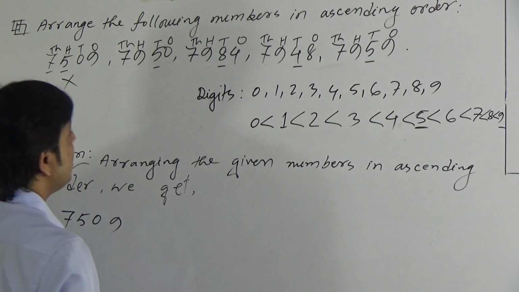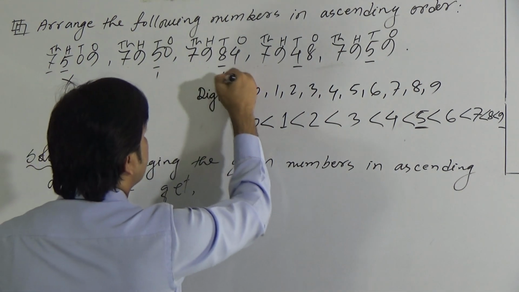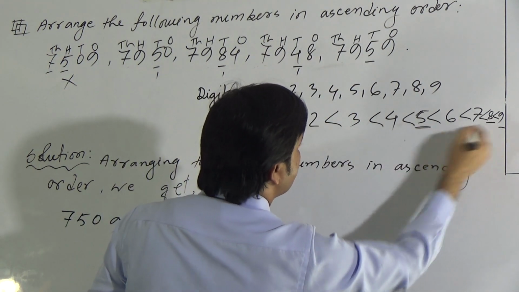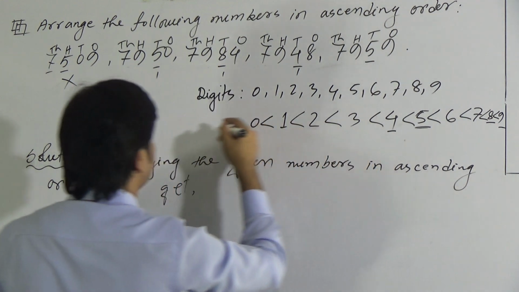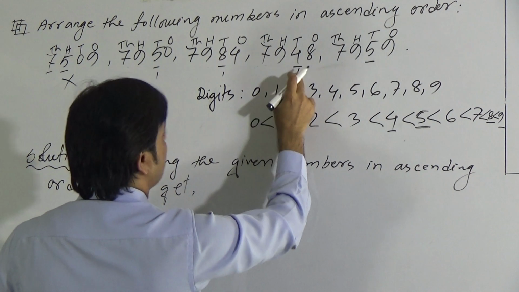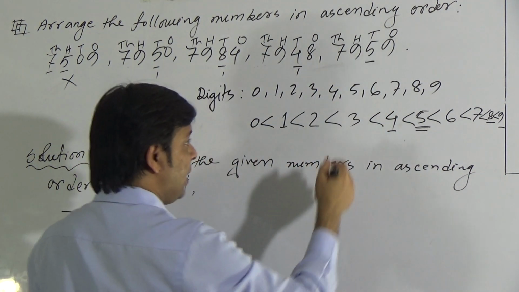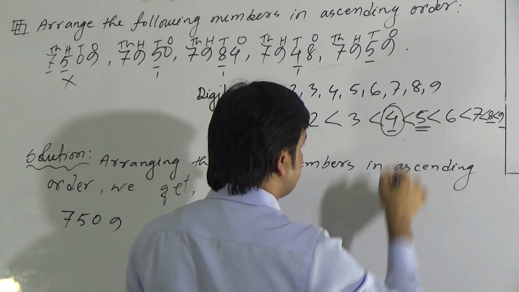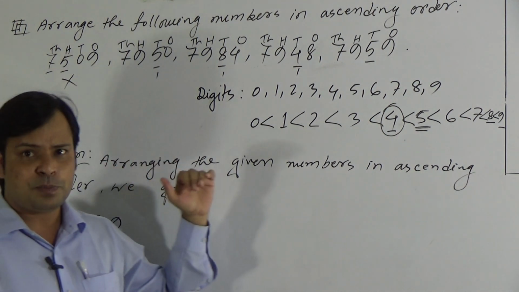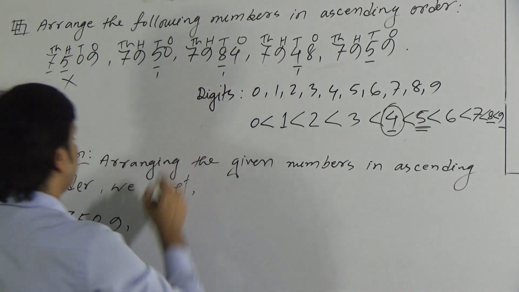So now see, where is the smallest one? Here the tens position is 5. Here it is 8. Here it is 4. So we can see here 5, 8 and 4, and again 5. So among these digits, 4 is the smallest. So the number containing 4 in tens position will be the smallest number among these 4 numbers. So we can write here